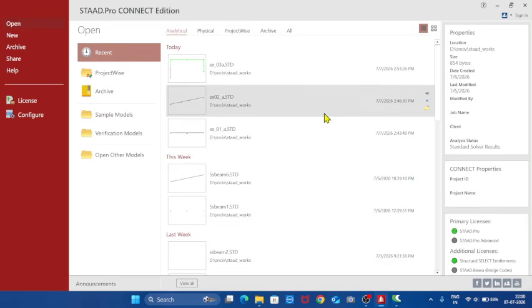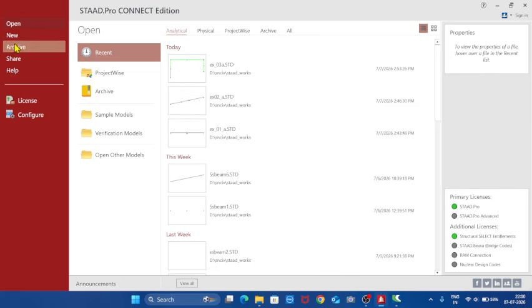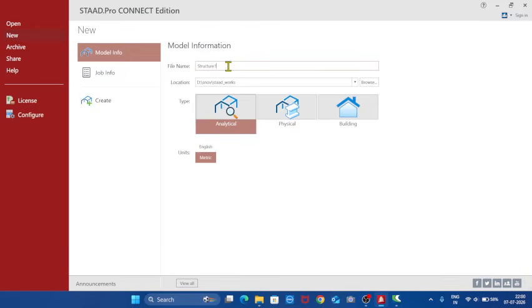In this exercise, we will be learning how to model, analyze and design a simply supported beam. So first, in the STAADPro Connect edition, first click New. Give a file name. Say we are going to model a simply supported beam. So let it be SS beam,